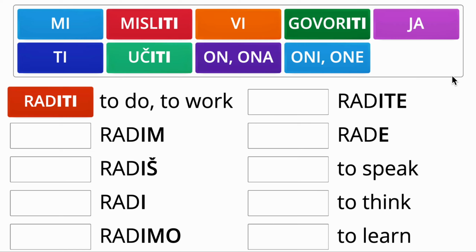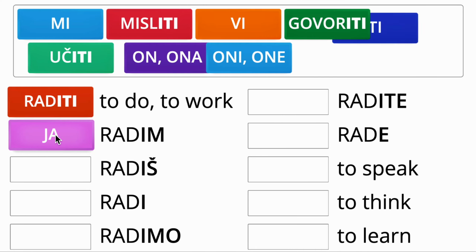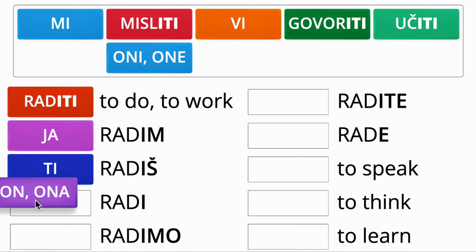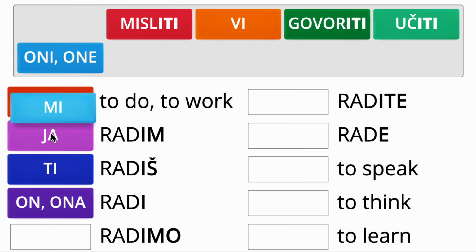Present tense of the ITI group of verbs. Like we said before, when you drop TI from the verb, the vowel that's left will tell you what group of endings to use. So in this case, we are dropping TI again and using endings im, iš, i, imo, ite, e, or radim, radiš, radi, and then plural, radimo,